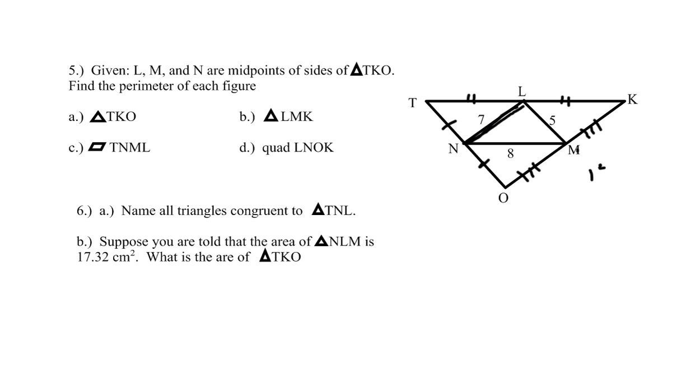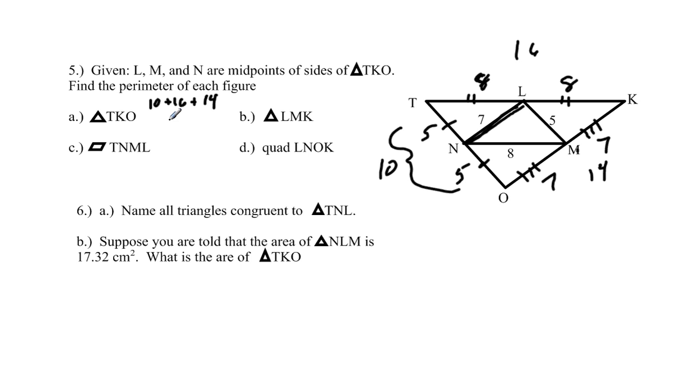So OK, the whole thing is 14, and since M is a midpoint, these are each 7. And M here is 8, so this up here is 16, which is 8 and 8. Let me write that a little neater. And since this piece is 5, you can probably guess that this whole length is 10. And since N is a midpoint, it's 5 and 5. So when we're asked to find the perimeter of each figure, TKO, we just add 10, 16, and 14. 10 plus 16 plus 14, and we get 30, 40